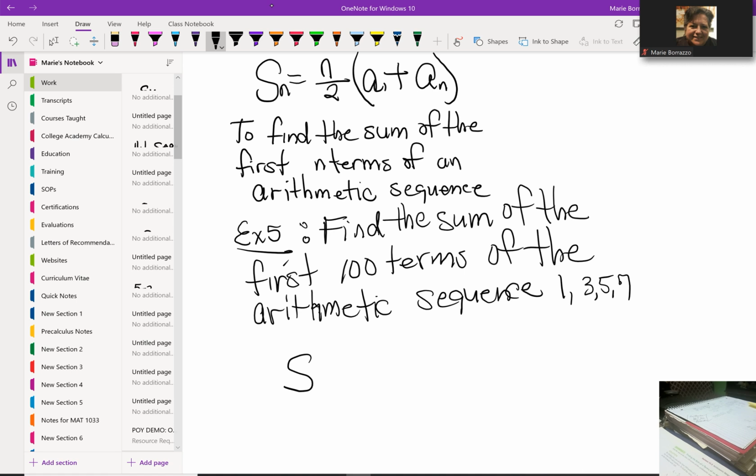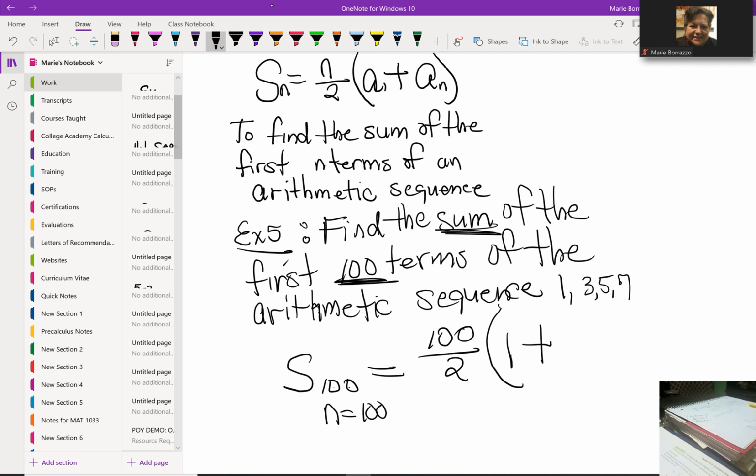Since I need to find the sum of the first 100 terms, I'm looking for S sub 100. So that means that n is equal to 100, which means that this is really 100 divided by 2 times, and since they're giving us the first term as 1, plus the last term, a sub 100, which we don't know yet, we need to find this. So we go back